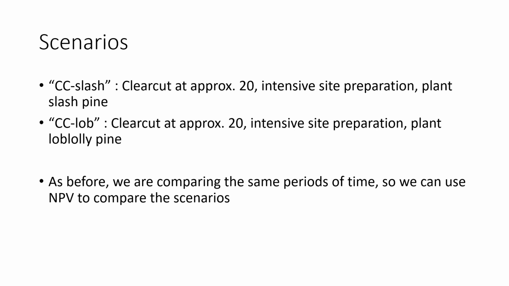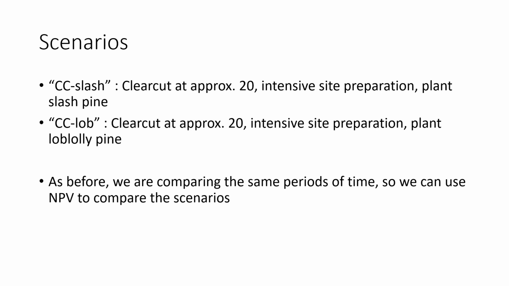The other scenario, I want to say, okay, I'll clear cut the existing stand at age 20, do intensive site preparation, but then plant loblolly pine. This is basically making a species choice. If I'm interested in revenue, is it more economically efficient to plant slash or to plant loblolly? We're going to compare these over the same period of time, so we can use net present value to compare